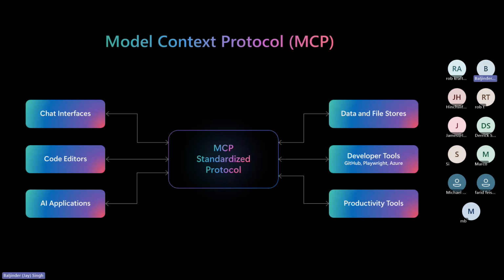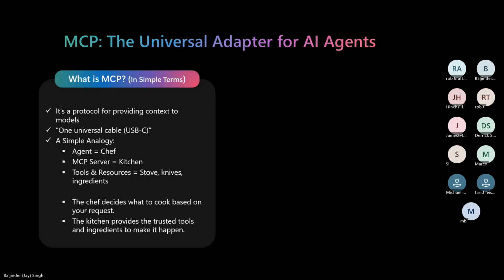Another way to define MCP is that it's that universal language that lets AI agents talk to different tools and data sources in a consistent way. So instead of custom connectors or custom APIs or one-off integrations, MCP gives our agents a standard protocol for discovering and using whatever systems your organization is relying on. Moving on,